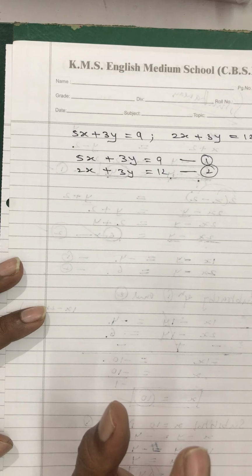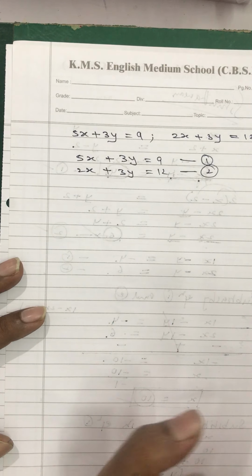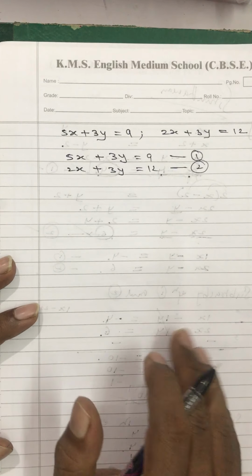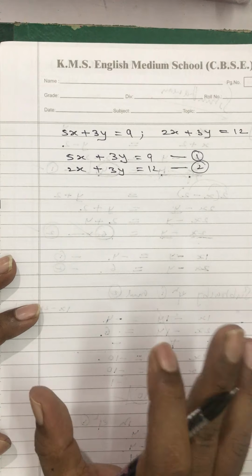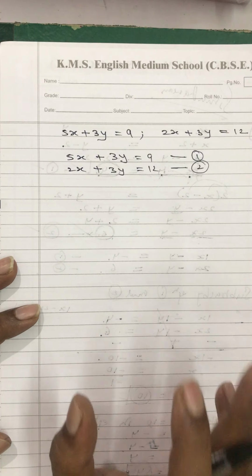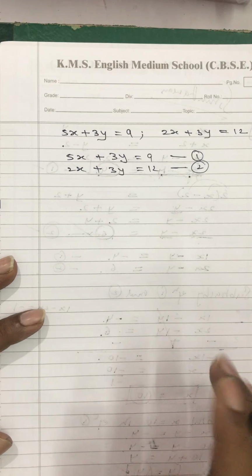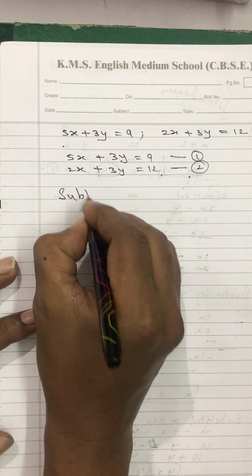I can now directly think about adding the two equations or subtracting the two equations. You can see the signs of b1 and b2, which are equal, are the same, and when the signs are the same, you are going to subtract the two equations. So subtracting